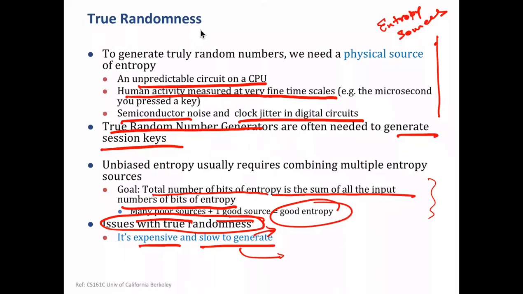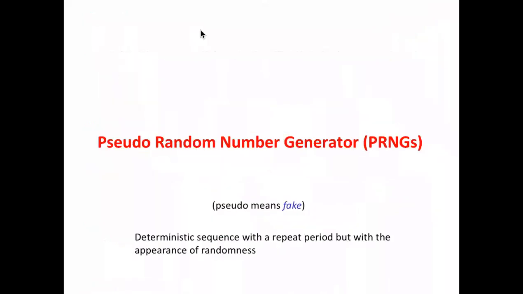Okay, for example, how much temperature your laptop has at the moment, right? Then it has to be converted into number of digits, and then you need a random number of certain size, and all this manipulation has to be done. So in general it's slow and expensive. So there is a need for fast random number generation, and then we come up with the concept of